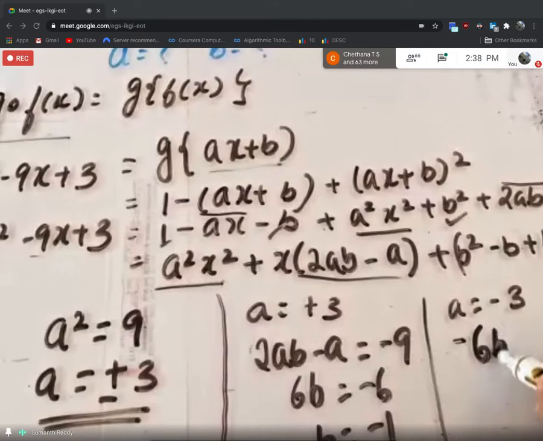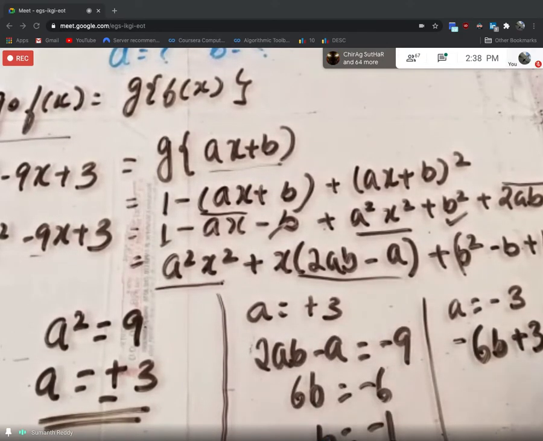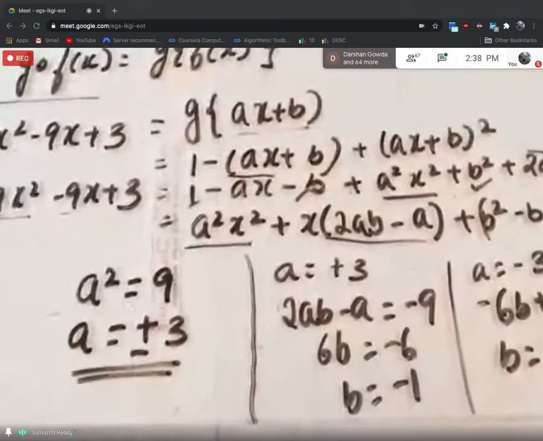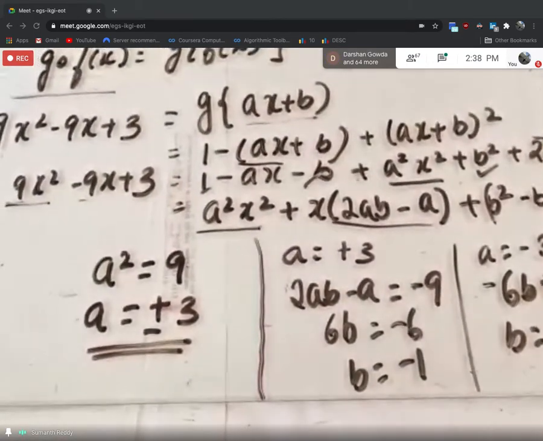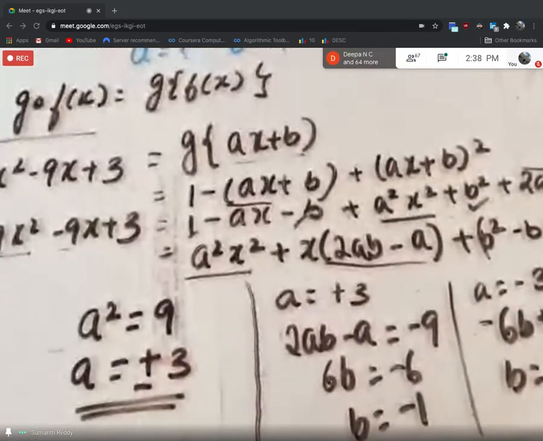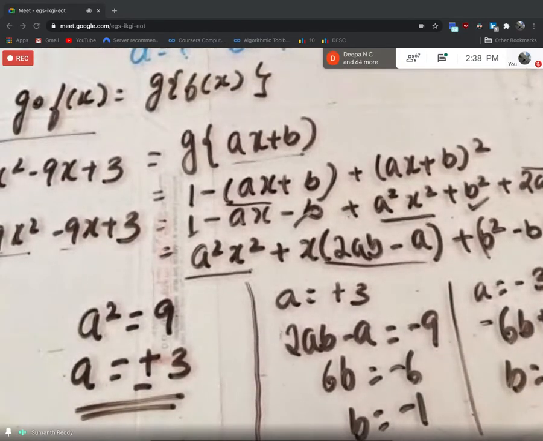minus 6b minus and minus, so plus 3 is equal to minus 9. So b is equal to minus 12 by minus 6, so it will be 2. So the solution is the a value is plus or minus 3 and the b value is minus 1 comma 2. Okay. So I think almost everyone has solved it correctly, but you have missed, I think, plus or minus